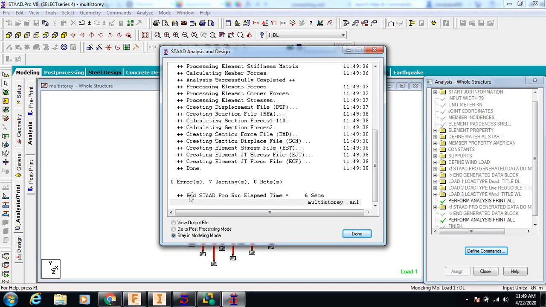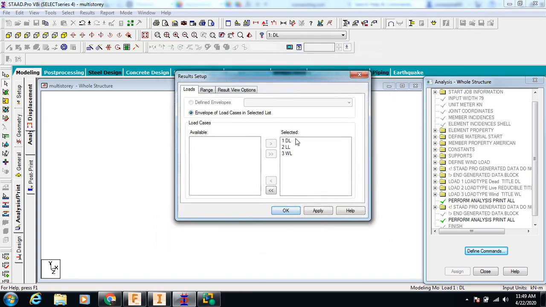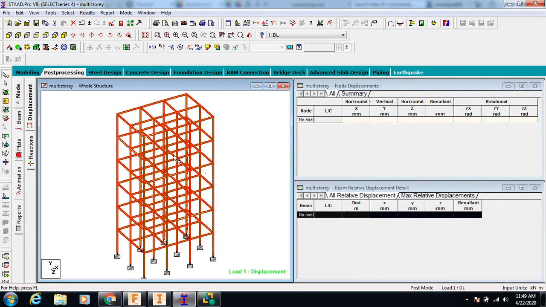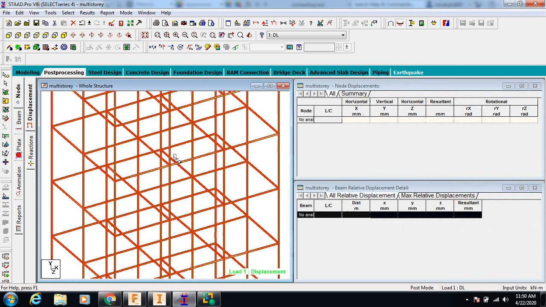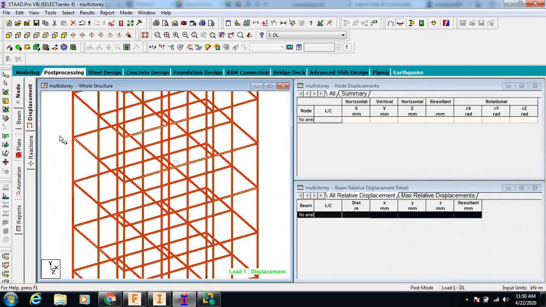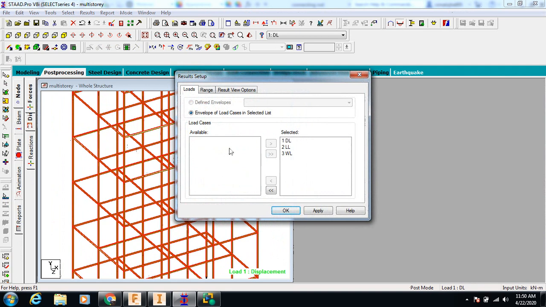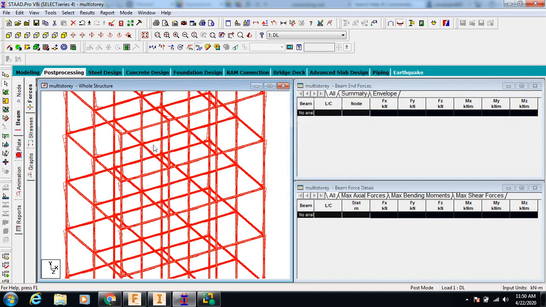Here friends, you can see there is no error. Some warnings are there. That is because we have repeated many tasks. So go into the post processing mode and you can click this, drag this side, apply and OK. And here you can see what you want to see. If you want to see the beams, just add the 3 things here, apply and OK.